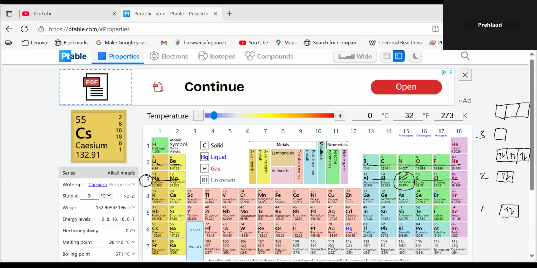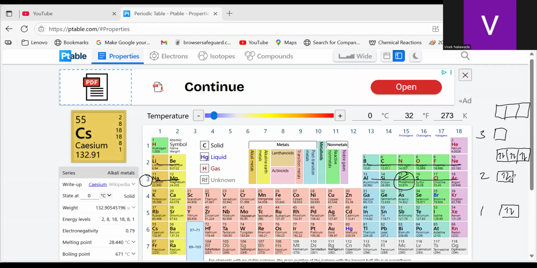Because you remember all the electrons will have three quantum numbers the same. If they have three quantum numbers the same, the spin quantum number will be different, right? So I reversed it. Then I go to the next. Now I have five electrons, one, two, three, four. So 10 are done.